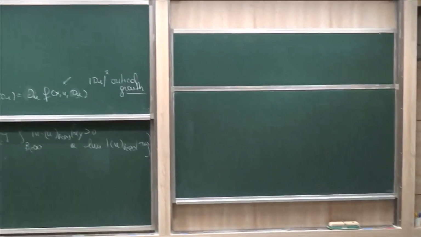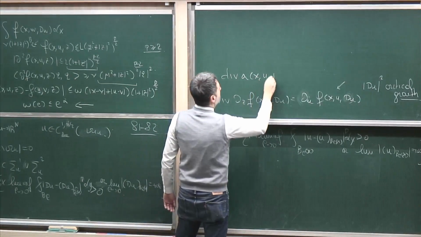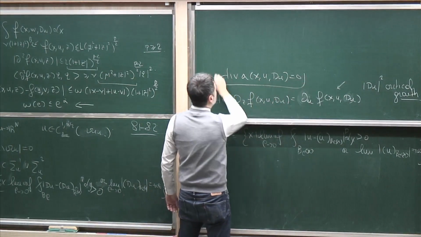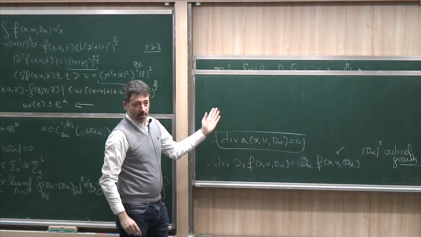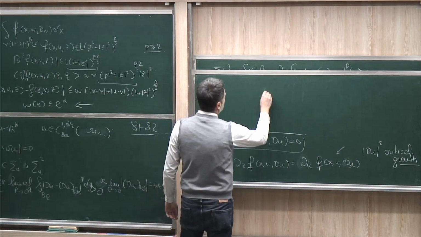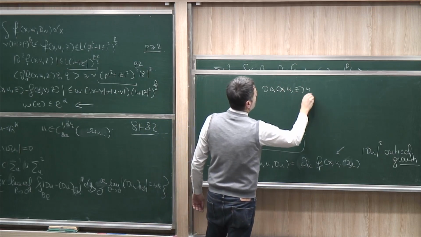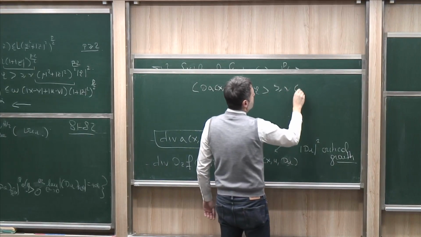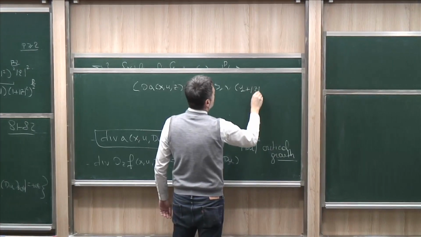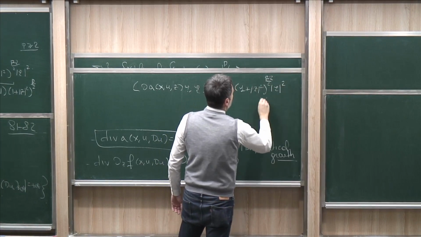I'll go for systems of this type, where you have similar assumptions: A(x, u, z) controls ellipticity with rate